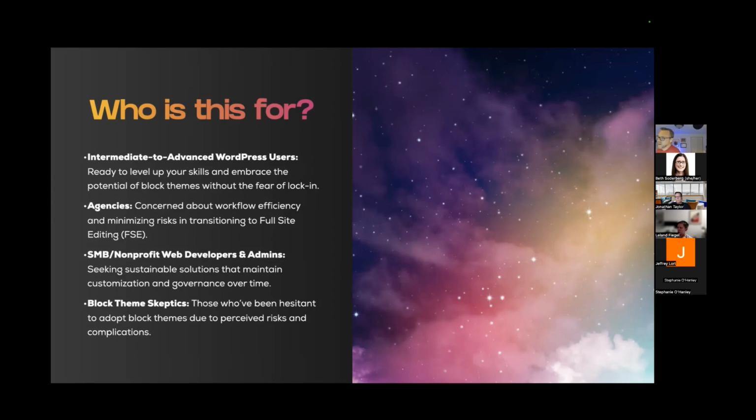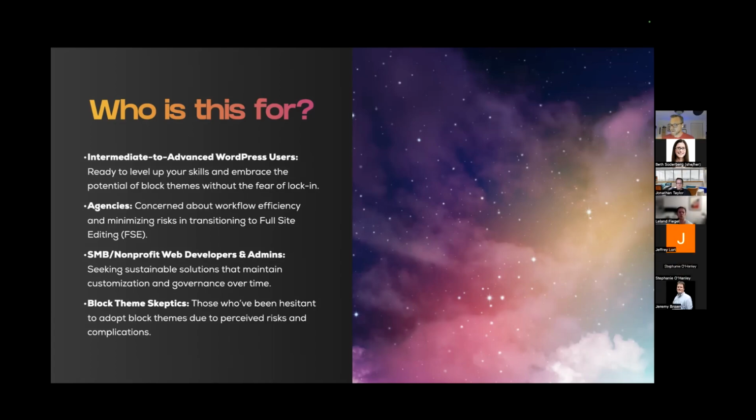Small business and nonprofit web devs and admins, I encounter a lot of that type of user, especially here in DC. And I feel like you all could really benefit from seeing this, especially from a governance standpoint.